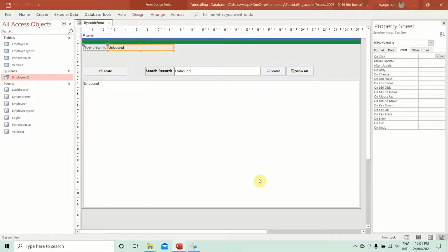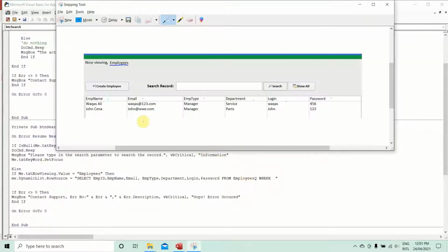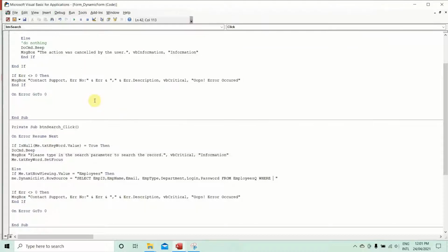Where what? That's what Access is asking. Where emp name, like. So you have to use the like